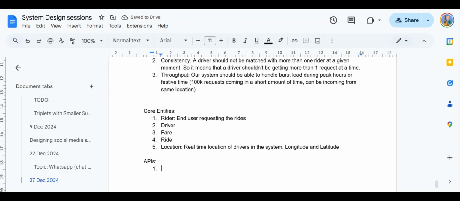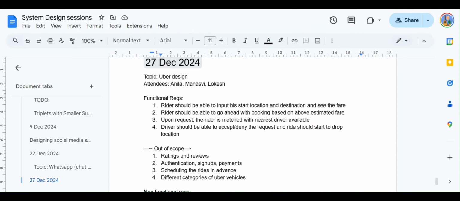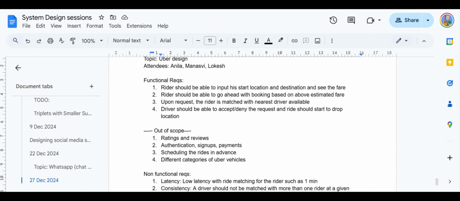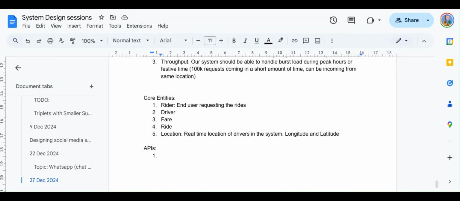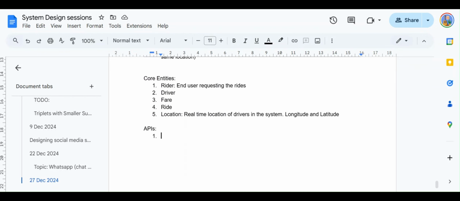So the very first thing that we talked about in our design is the flow. The user should be able to input his start location and destination and see the fare. So the very first thing is to see the fare. For that, the user is going to be sending a post request to the system, and we can have a fare endpoint.